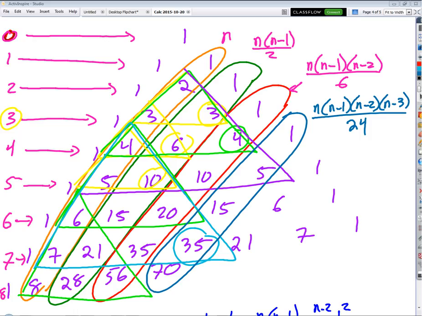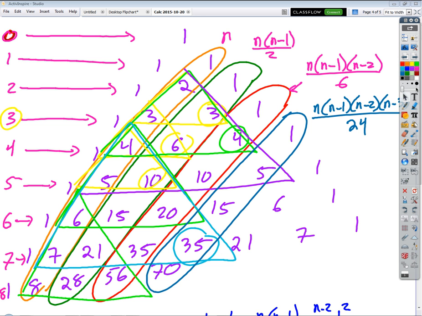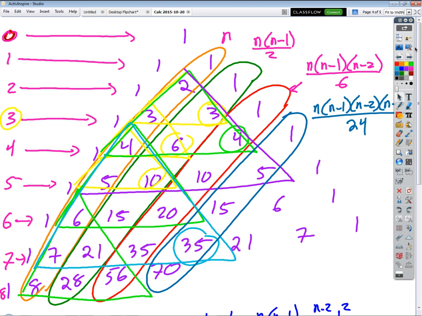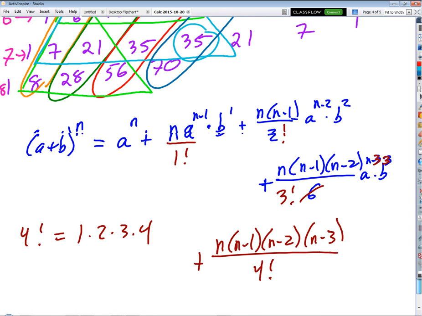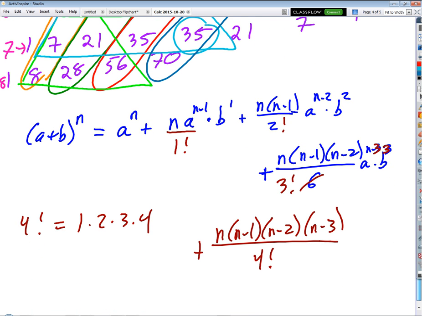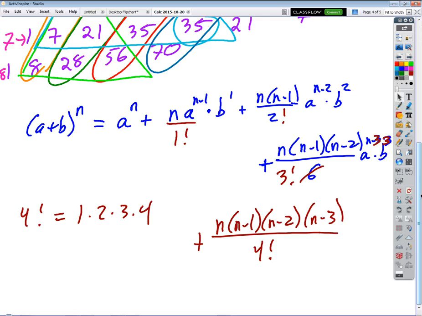Okay, so we practiced yesterday. We practiced our inductive thinking a little bit. We looked for patterns. We found some patterns. We found actually a pretty good pattern. We found the pattern that if I take a plus b to the n and I expand it out,